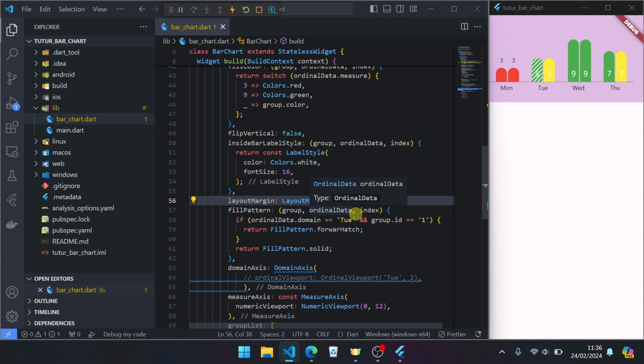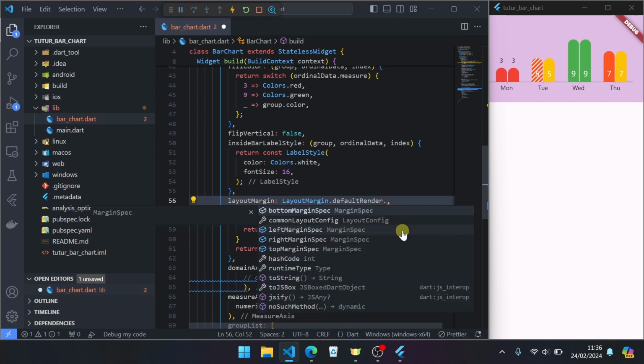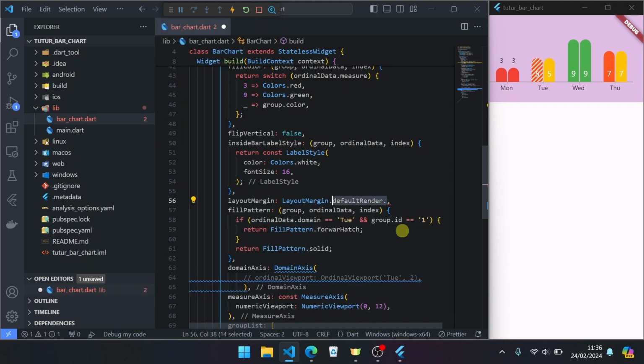If you want more space, you can set 30 or more. Go back to default layout margin 20, or you can use layout margin default, default margin 20.